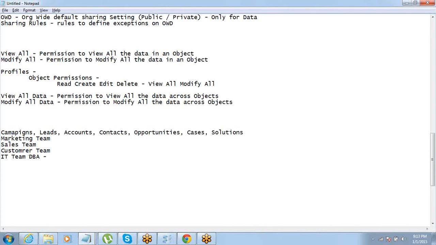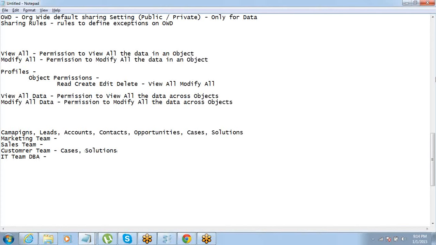Okay, now what do you think, what all objects does the marketing team need to access? Out of all this, would you want to give access of cases to the marketing team? Do they have anything to do with that? No. Customer queries, customer grievances, customer cases, tickets, what will the marketing team do with that? That's not their job, so they don't need access to that. Who needs access to cases? Customer support team. So these are the people who will need access to cases and solutions.